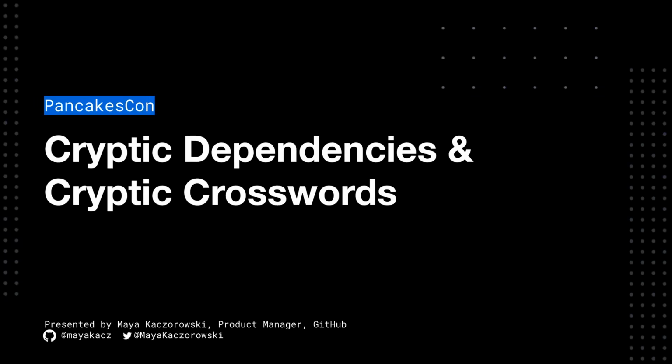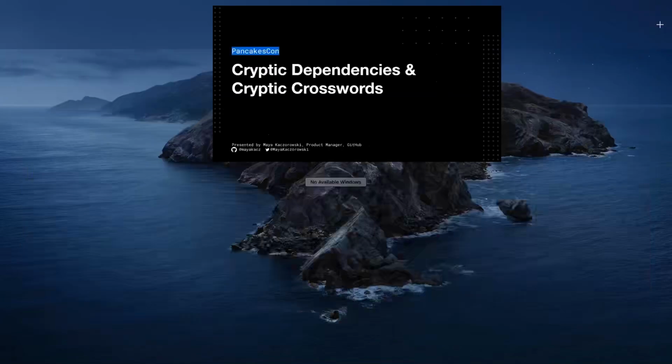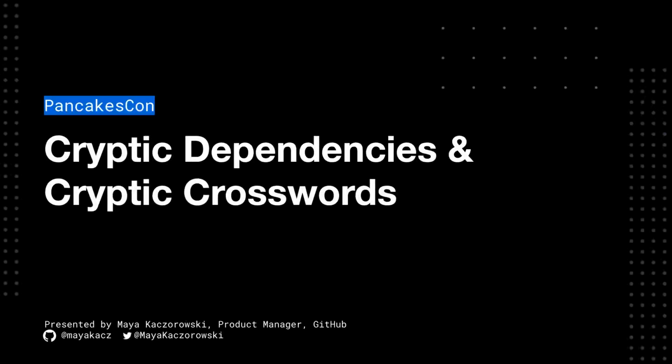Maya is a product manager at GitHub in the software supply chain security. She was previously in security and privacy at Google, focused on container security and encryption at rest and encryption key management. Prior to Google, she was an engagement manager at McKinsey & Company, working in IT security for large enterprises. She completed her master's in mathematics, focusing on cryptography and game theory, and is bilingual in English and French.